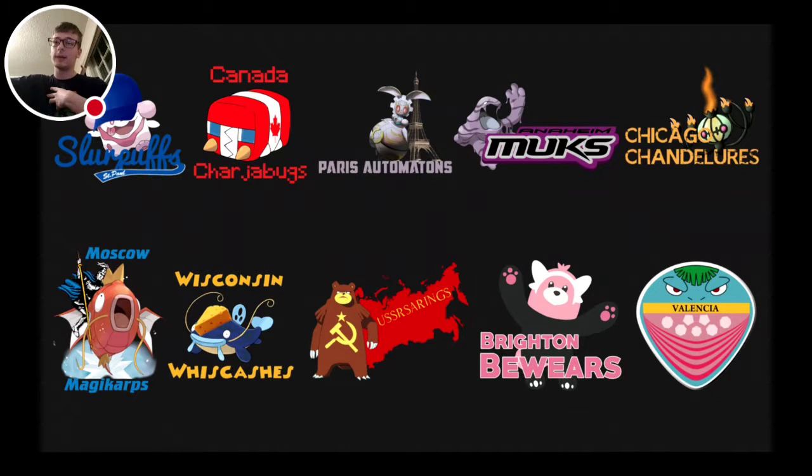Of course, me, I am coach of the St. Paul Slurpuffs. We have Alex, aka The Volcanocraft, who is coach of the Canada Chargebugs. We have Aaron, aka All-Seeing Eye, who's coach of the Paris Automatons. We have Caterade 5, who is coach of the Anaheim MUX. We have Jacob, aka Make a Gamer, coach of the Chicago Chandeliers. We have my buddy Philip, aka Fluffy Penguin 99, coach of the Moscow Magikarps. We have Mikey,